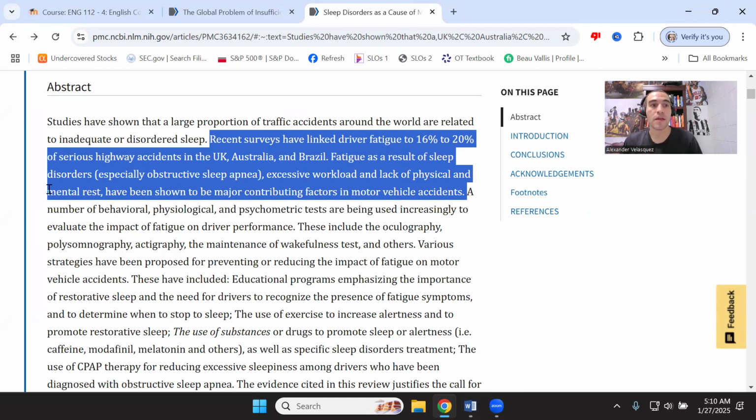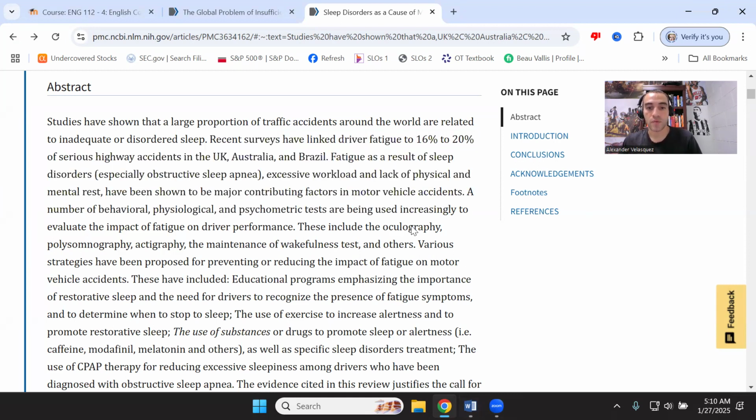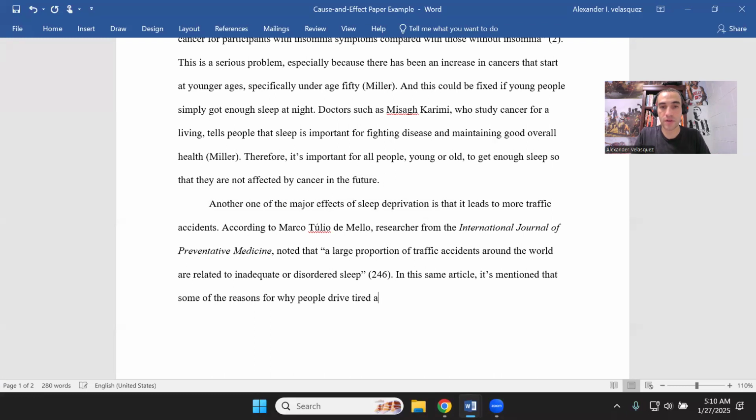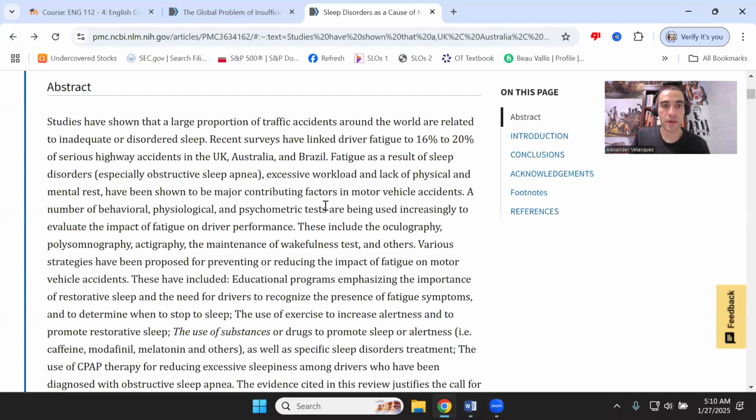So what I'm going to say is, what are some of the reasons why people are driving tired? And I'll say, so to avoid plagiarism, in this same article, it is mentioned that some of the reasons for why people drive tired include, okay, so they include